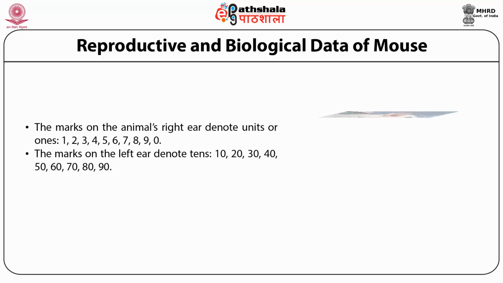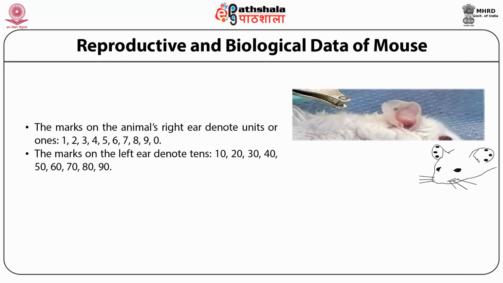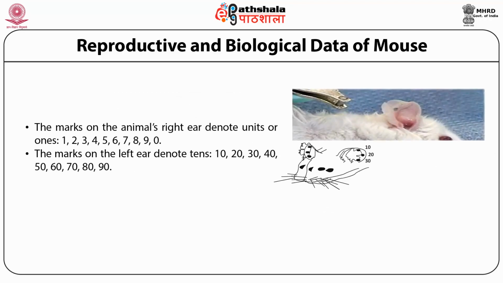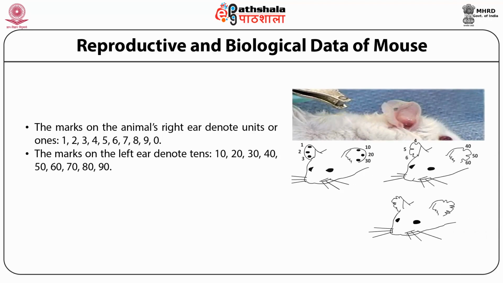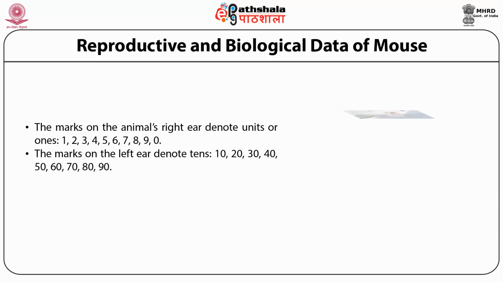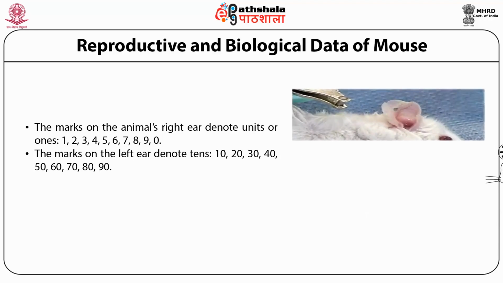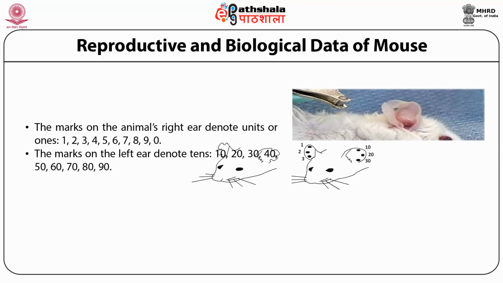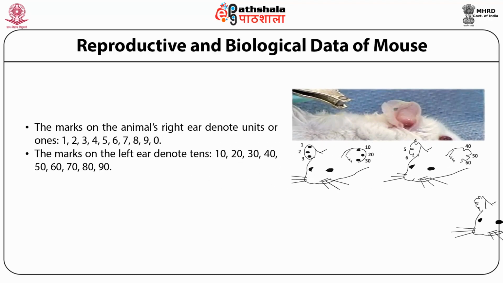And one of the most important things which everyone should know is identification of the mouse, because identification plays an important role. You want to study 4 to 5 animals and you are going to give different batches different drug regimes, and you want to know which mouse has been given which dose and what is the effect of the dose and everything.